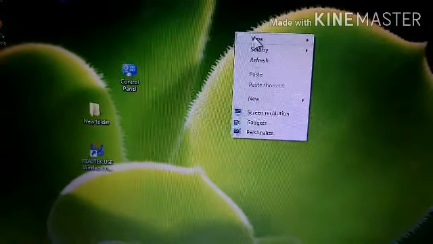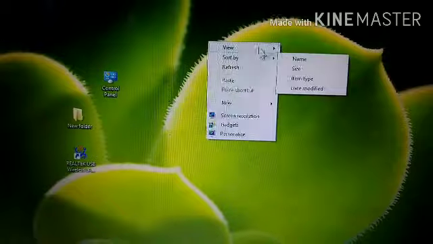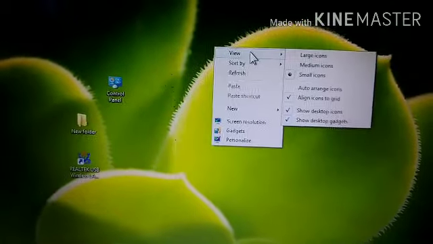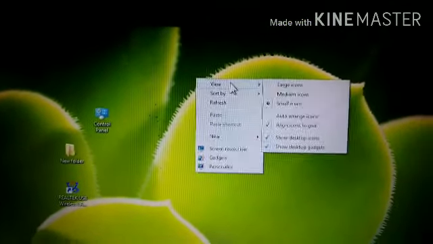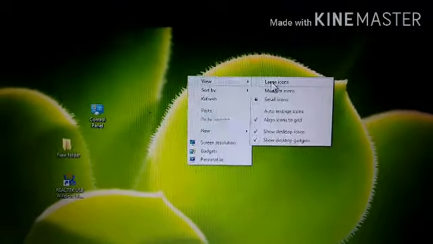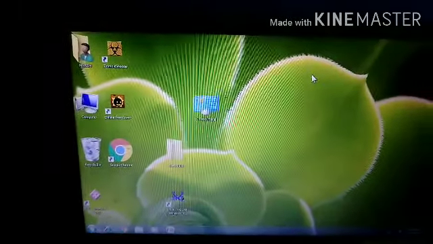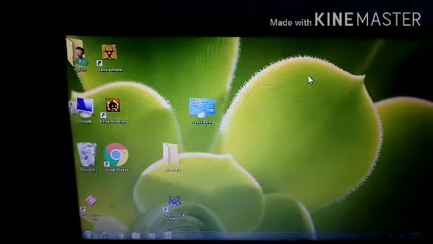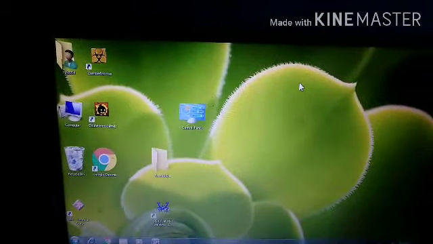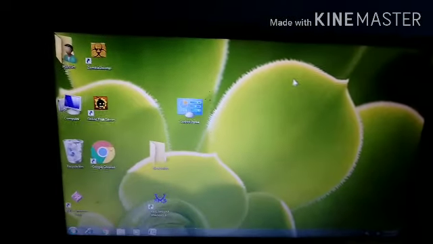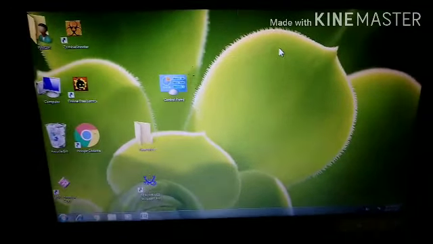Okay, now go again, and first of all we will start from view. Large icons, the desktop icons will be big now, in a huge size, you can see them.